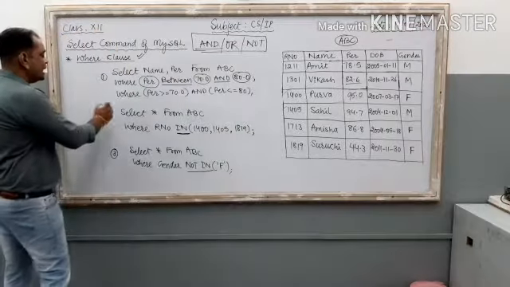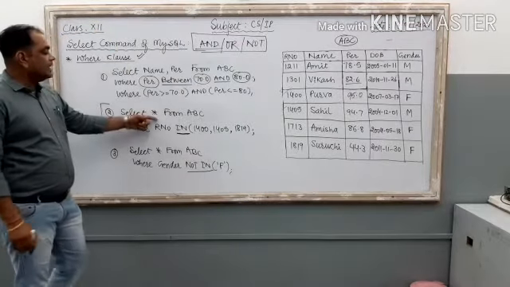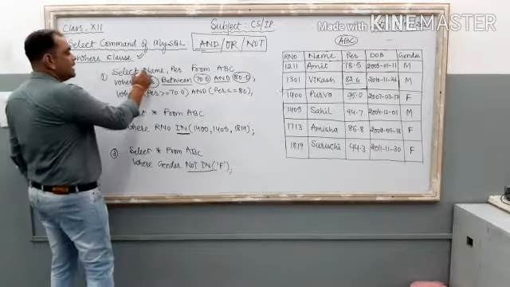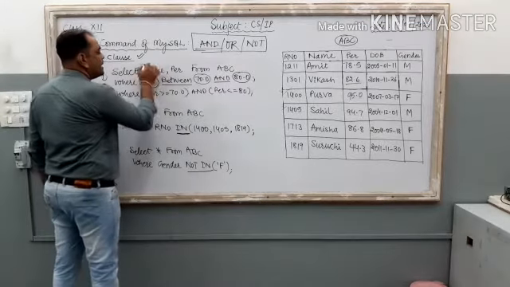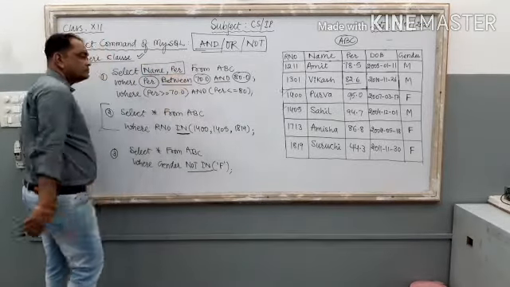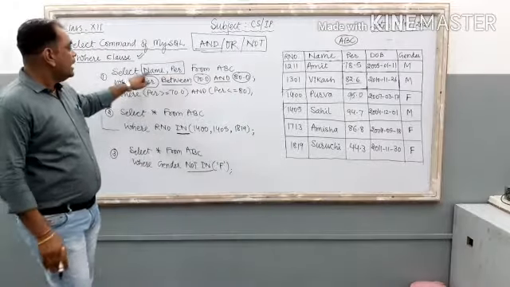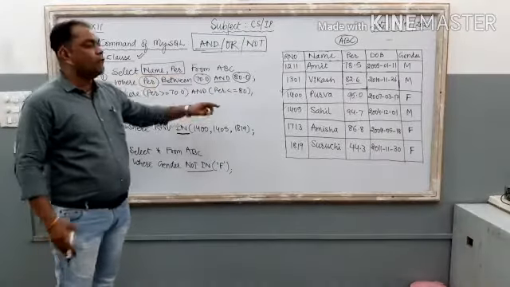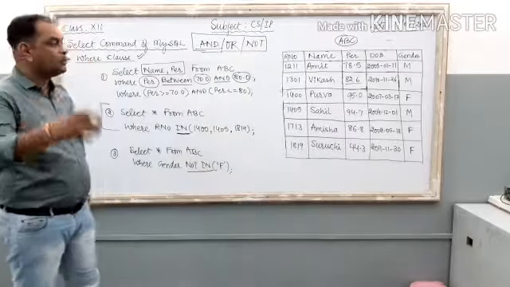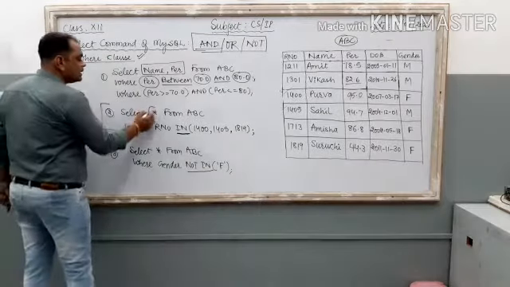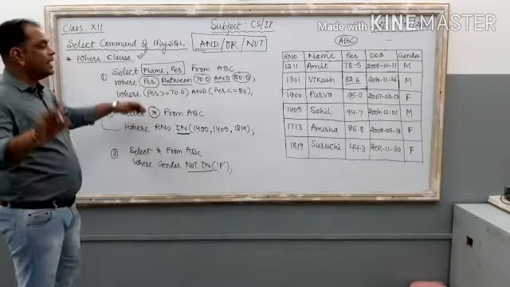Now come to the second command. Here it is select star. Just see. Select name, comma PER. What will happen? Just try to find out. Here select name, comma PER. What will be there in the output section? And in the second line, select star. What is the difference? Just find it out.